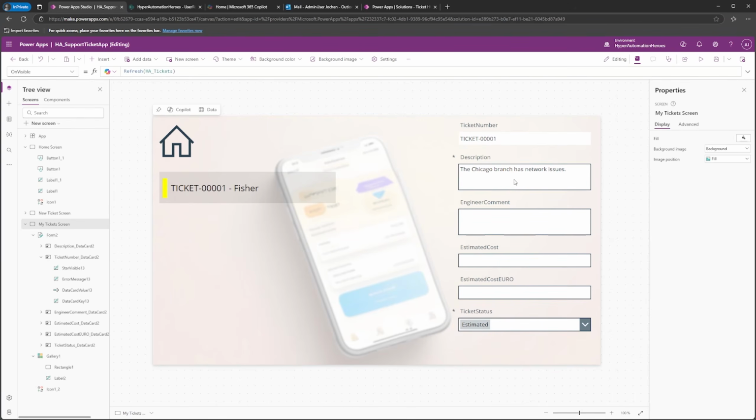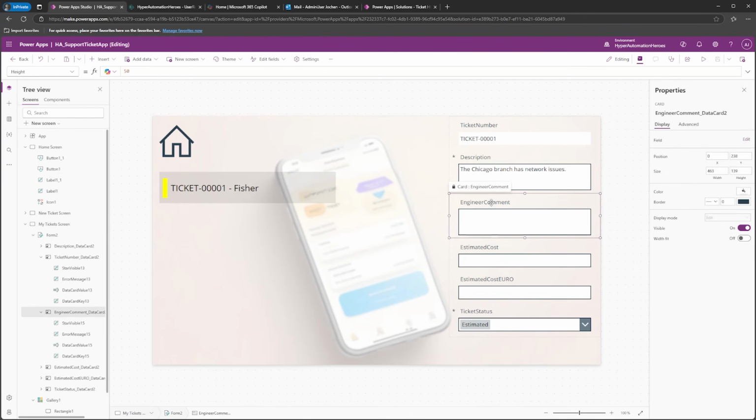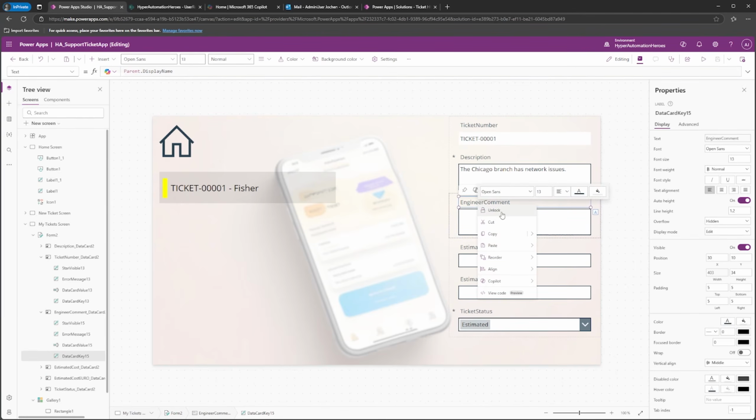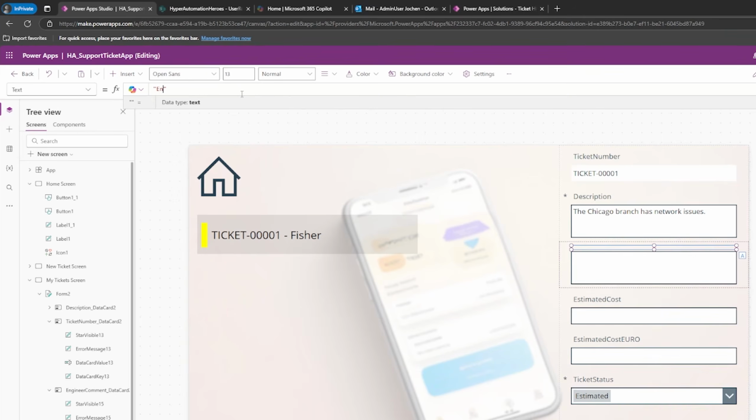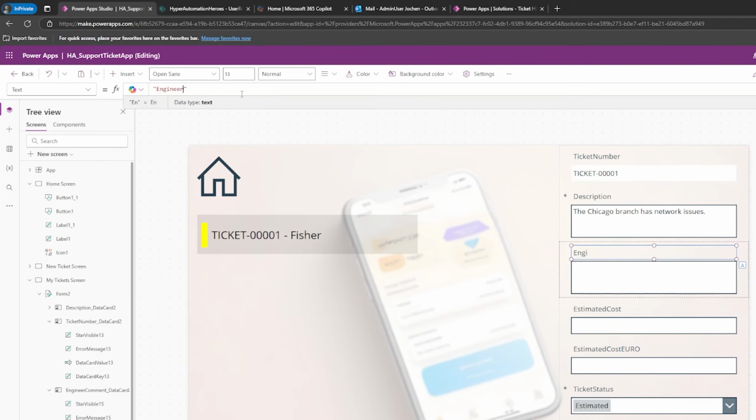Description, you could argue, do they need to edit the description because they have their own engineer comment field here? I'm just going to leave it as it is. Engineer comment is also fine. This is a free text field for them to fill out, so perfectly fine. We don't need to change anything there. What we could change is to make sure that we have a space in this label. So let's select the label here, right click and then unlock, and the text will be in double quotes,